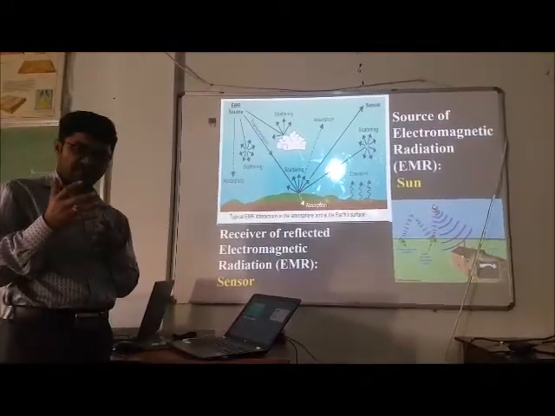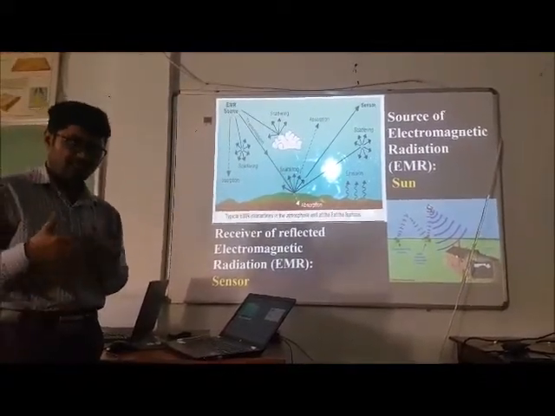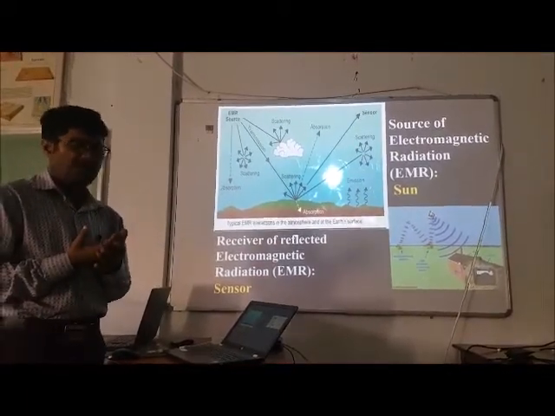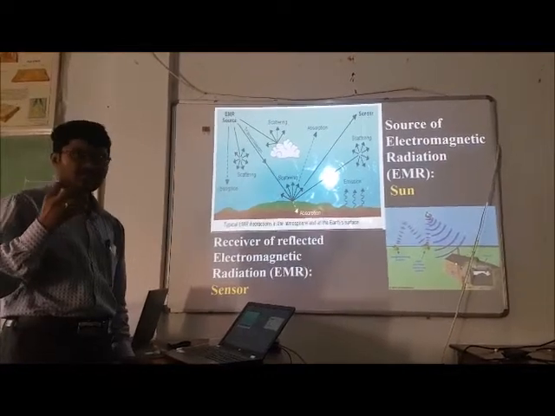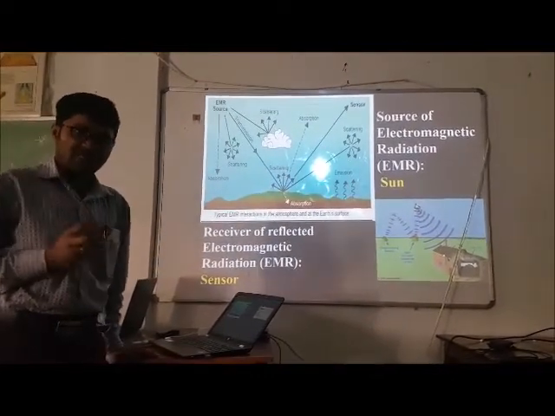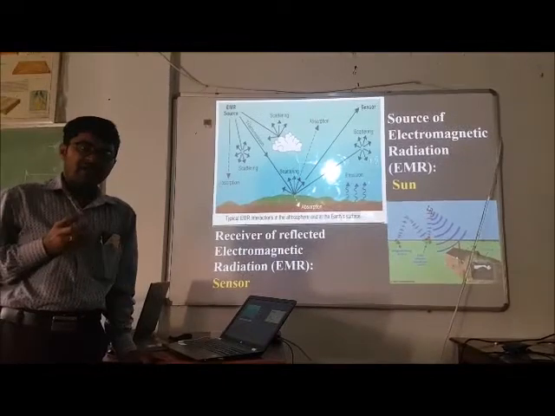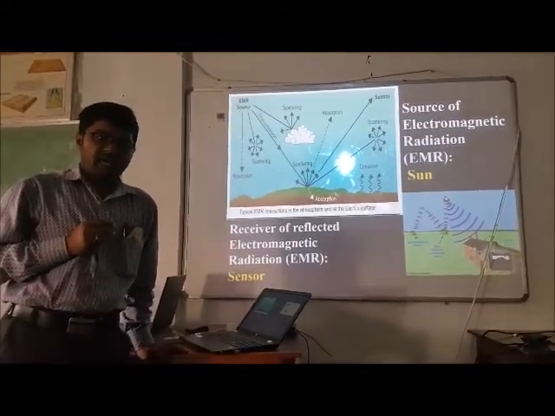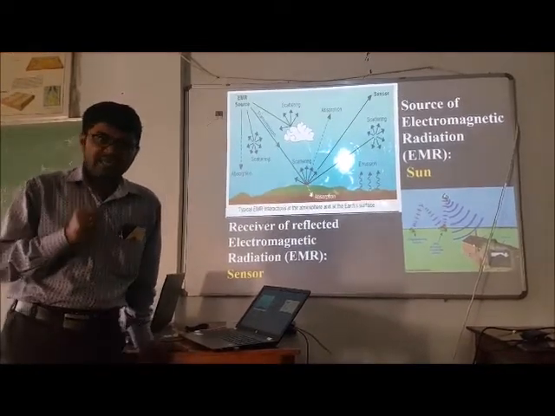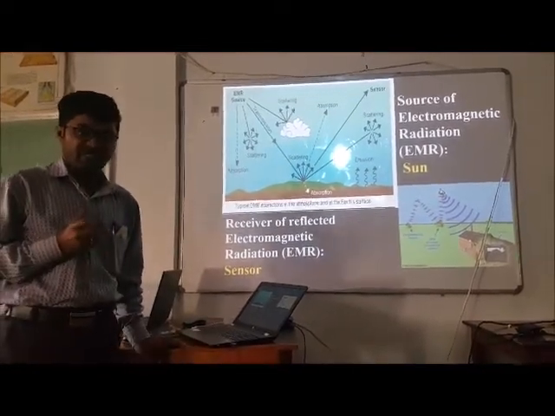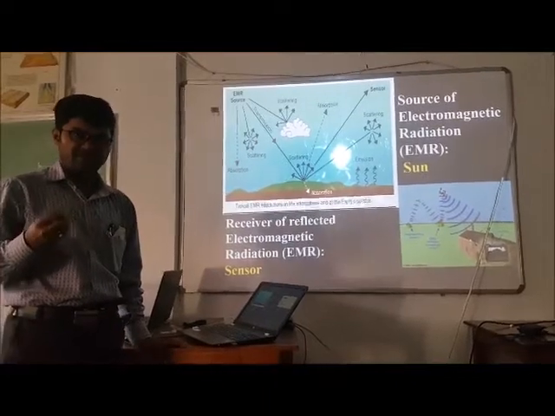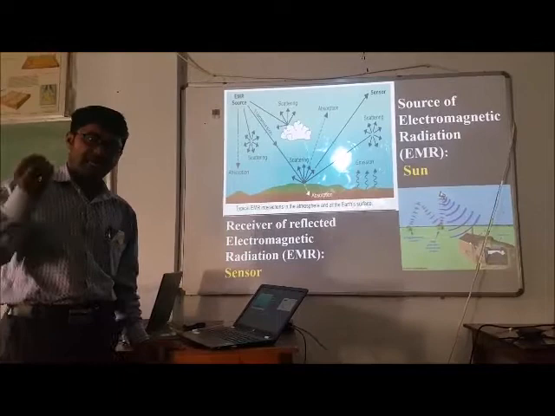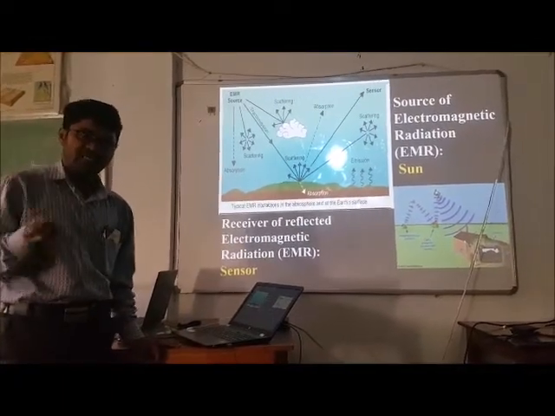When the radiating light from the object is captured by the sensor and the source of light is the sun, that is called passive remote sensing. And another is active remote sensing, when the sensor itself generates energy and captures its reflecting nature,